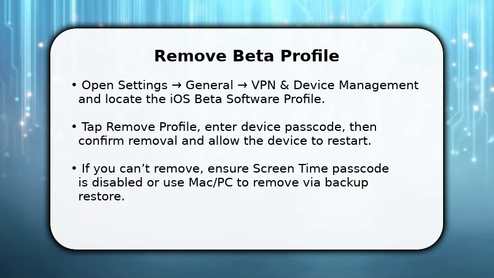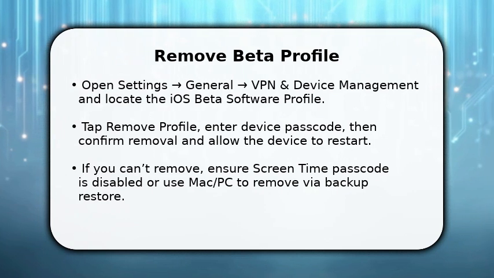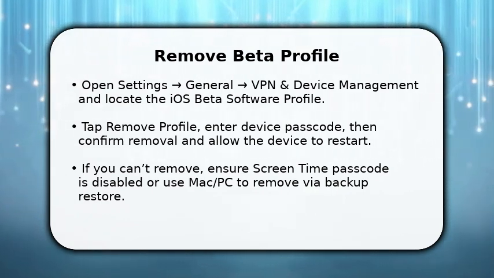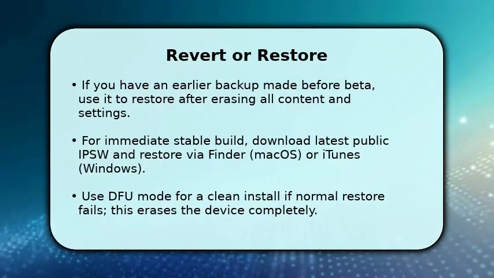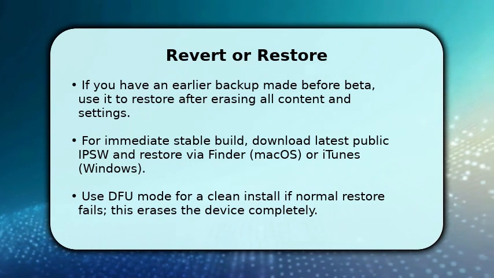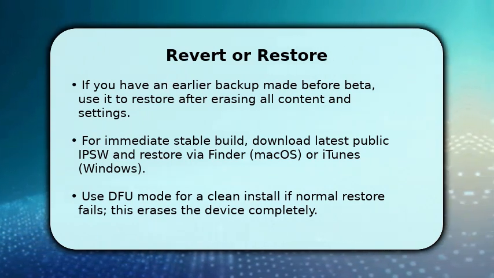This step stops new beta installs and is essential before you try to revert to a stable release or restore a backup. Once the profile is gone, decide whether to restore a pre-beta backup or reinstall the public iOS. If you have a backup from before you joined beta, erase all content and settings, then restore from that backup